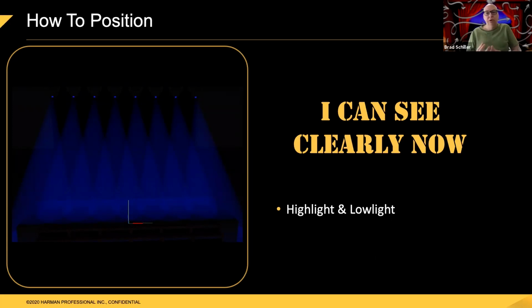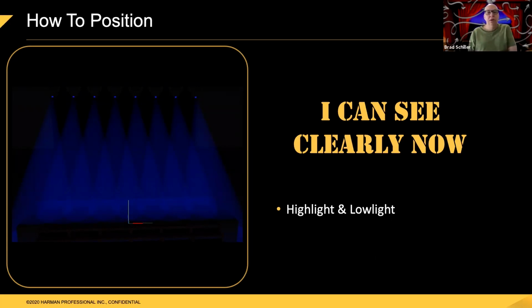Low light is really a cool feature, because low light will allow you to tell what the other fixtures in your programmer do when you're not highlighting them. So with the example I just gave, you select fixtures 1 through 10, low light might set them all to blue if they're not currently selected. So now as I select fixture 1, it'll go to white, all the others will still be in blue. Go to fixture 2, 1 will go back to being blue, fixture 2 will be white. This allows you to see where your fixtures are going. So if you're building a big flyout, you can see that they're all together instead of just seeing one at a time. It also provides light on stage,